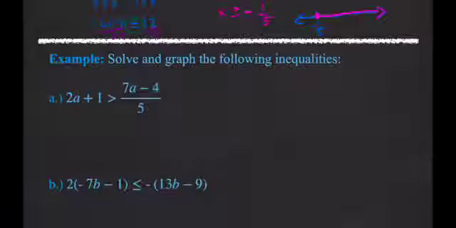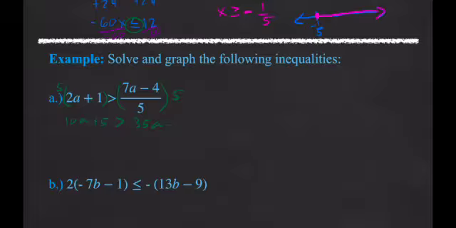Same steps. Simplify both sides. If you want to simplify both sides, let's get rid of the fraction. So let's multiply by the denominator. Remember, if you want to get rid of the fraction, we multiply by our denominator. Distribute. So we have 10a plus 5 bigger than 35a minus,